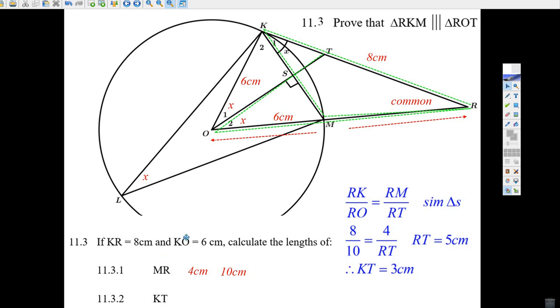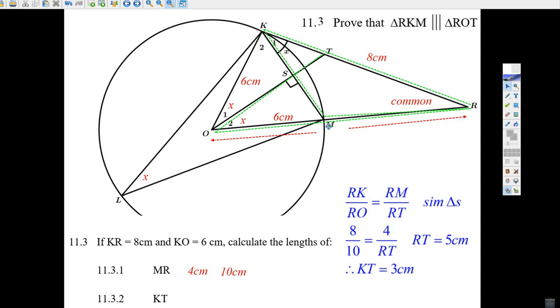Okay, now we're going to carry on with this geometry problem. What do they tell us here? They say a bunch of things. They say KR is 8 centimeters. So all the way along there, KR is 8 centimeters. And they say that KO is 6 centimeters. Okay. So now what we're going to try and do is figure out